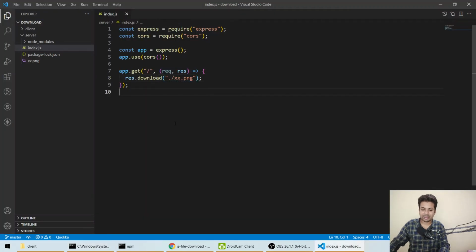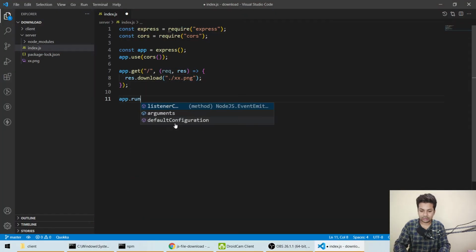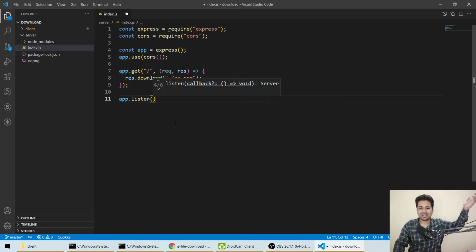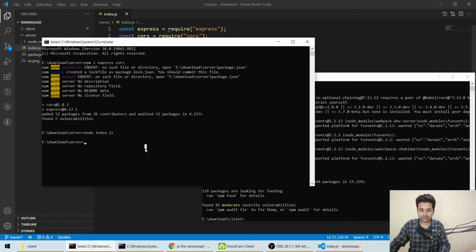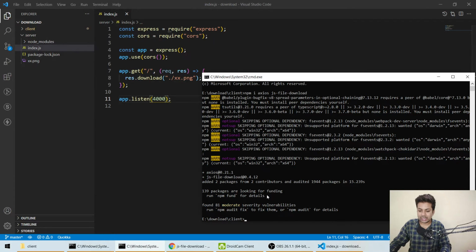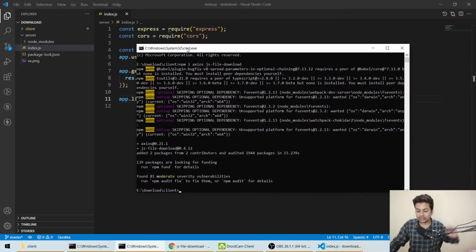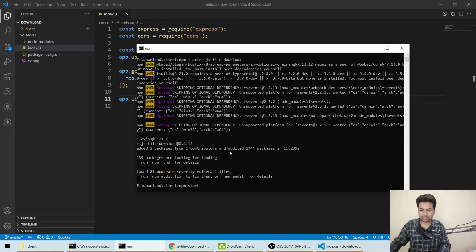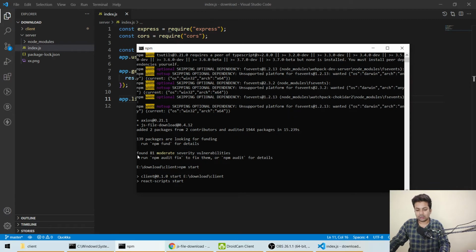Sorry, I haven't done app.listen. I thought run, because in Flask we do run, so I was thinking about Flask. So we'll run on port 4000. Okay, it's running because no error. And on the React side we'll do npm start. Till then it's starting.